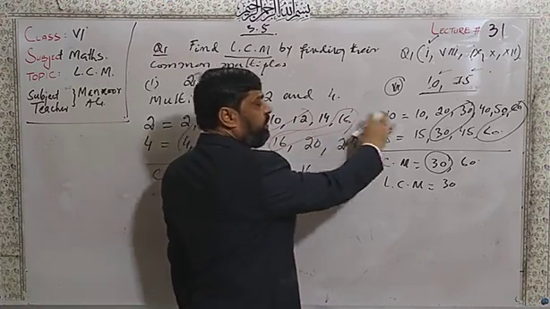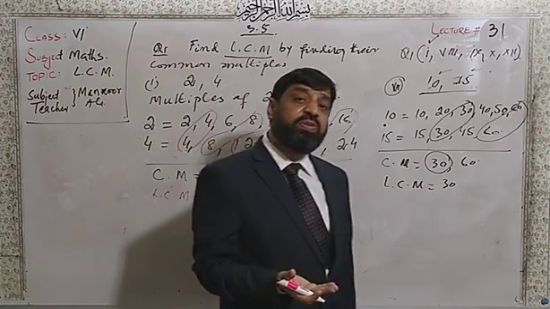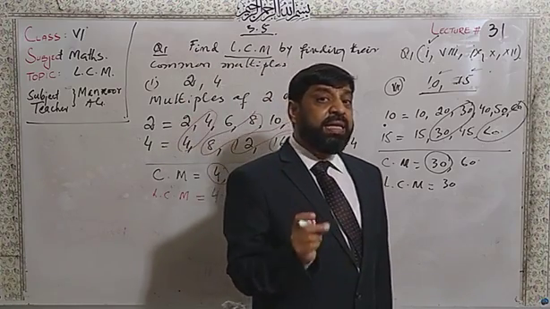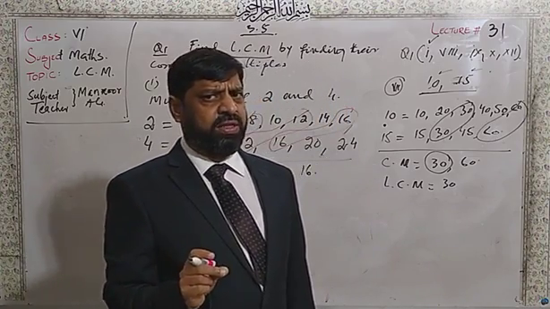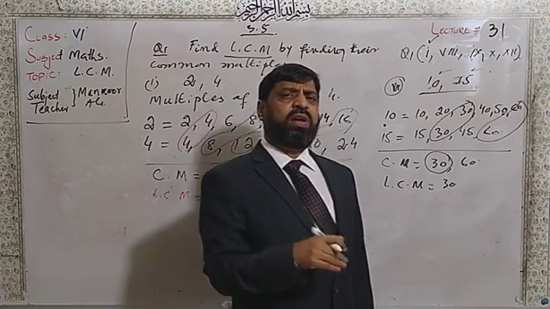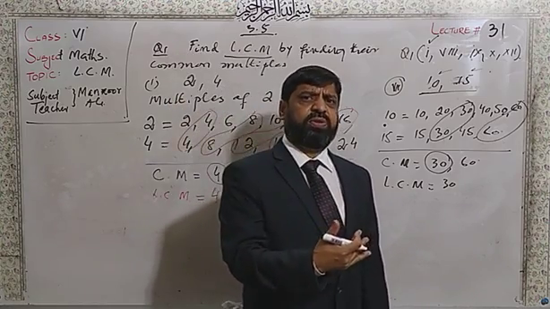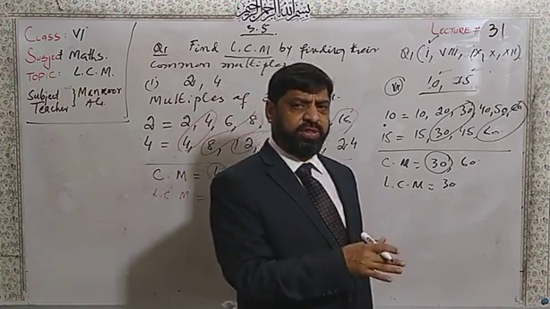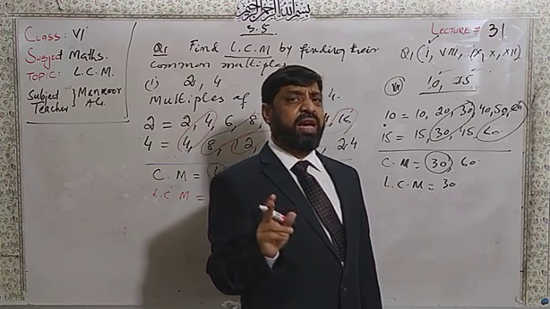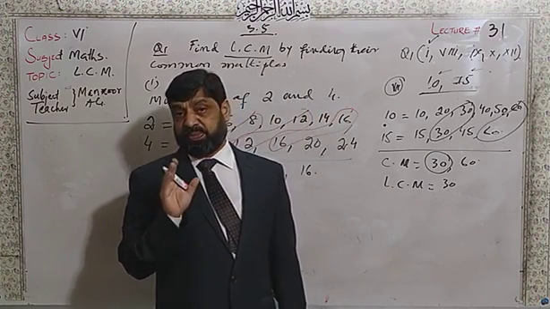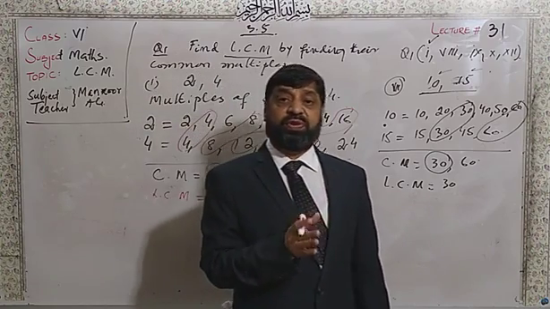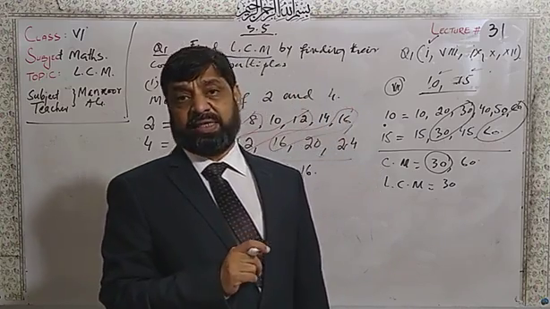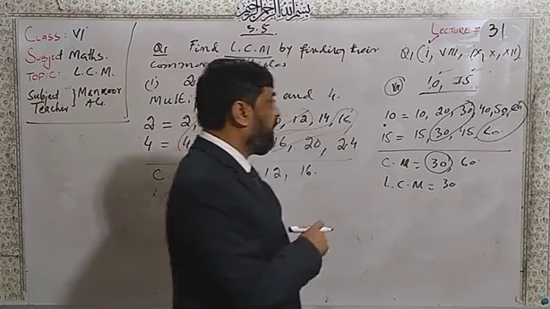Now here we will think about how many multiples we will find. We have to take the multiples and imagine that we have got a minimum of 2 multiples. Then we will start. If you write more than 2 multiples, it is also possible. But at least we have to find 2 multiples, and from the 2 multiples we will find the lowest or smallest one, which will be equal to the LCM that we are asked for here.